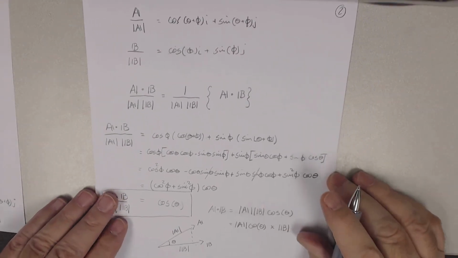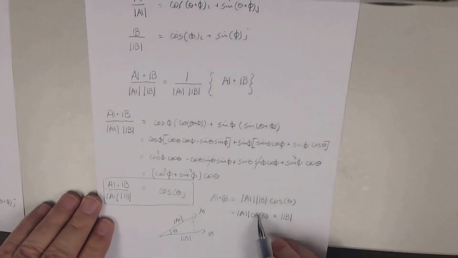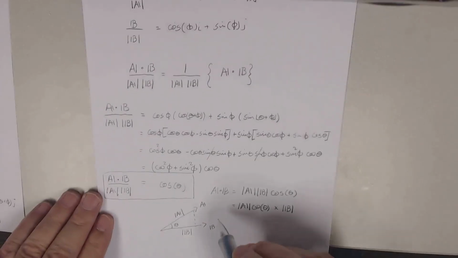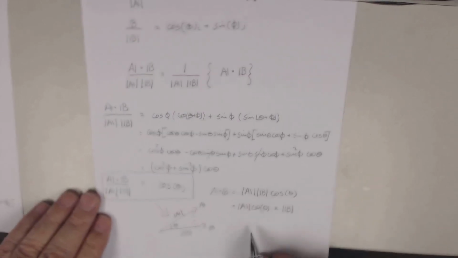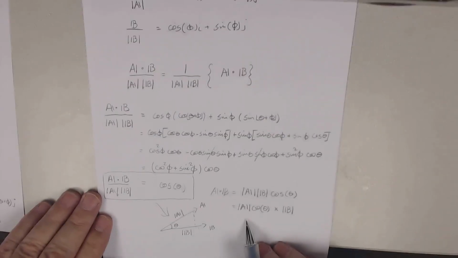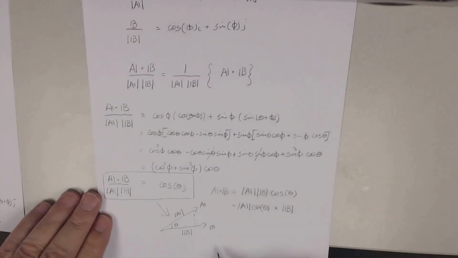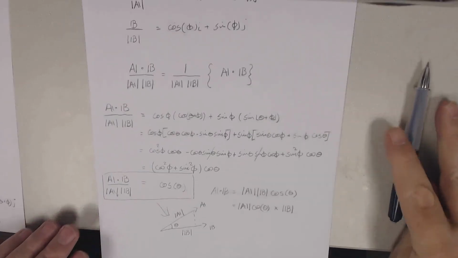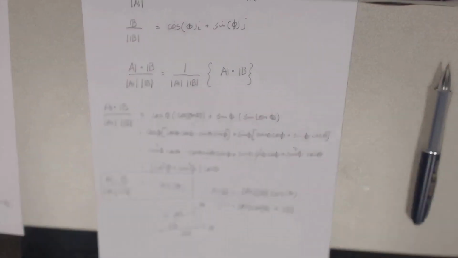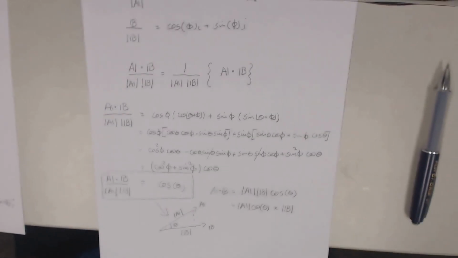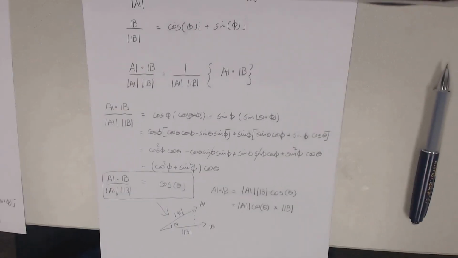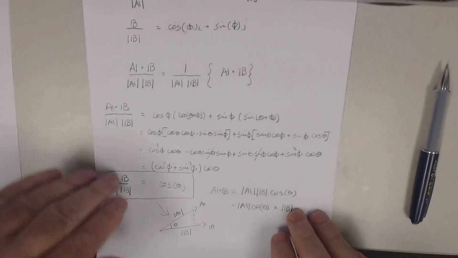I hate giving formulas without derivations, and that it has some kind of meaning, and that's what the meaning is. You'll hear people call this the projection of A onto B. So I think that helps us understand a little bit of what a dot product is,